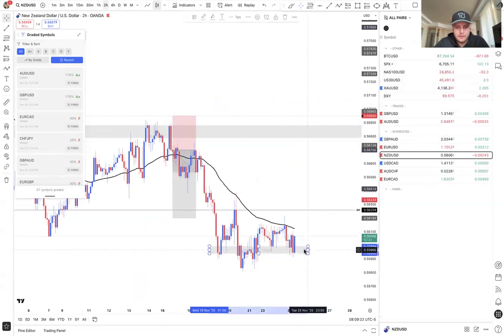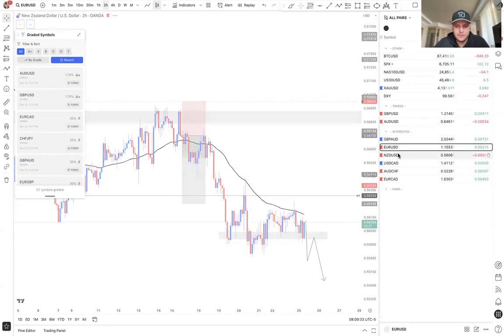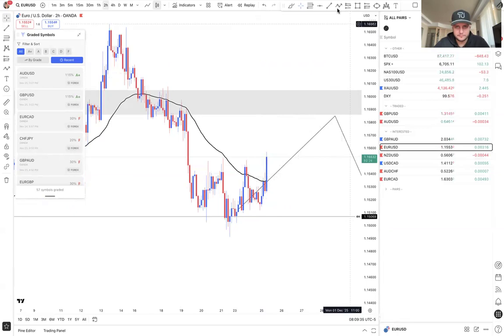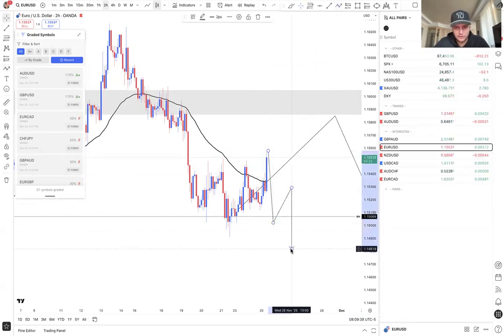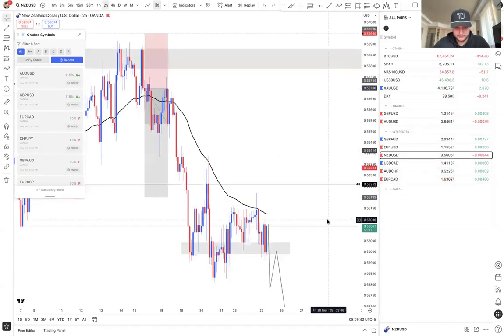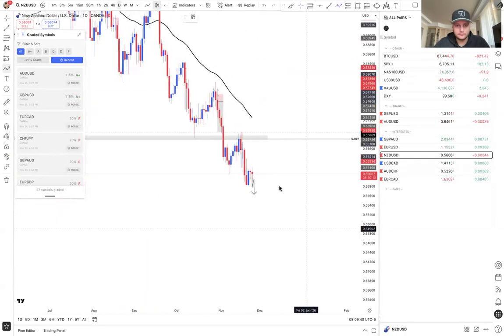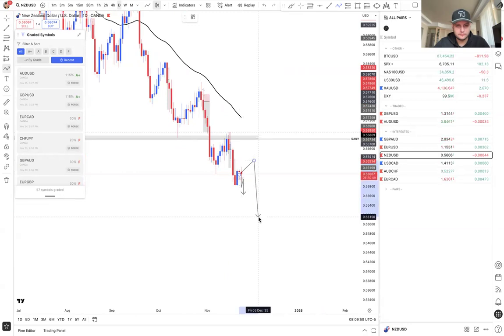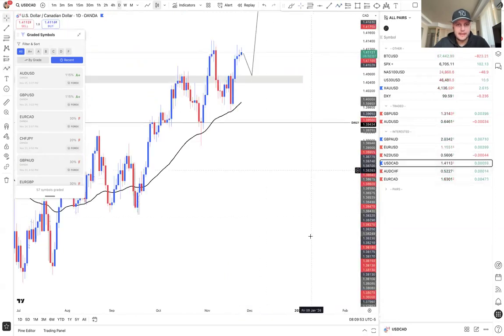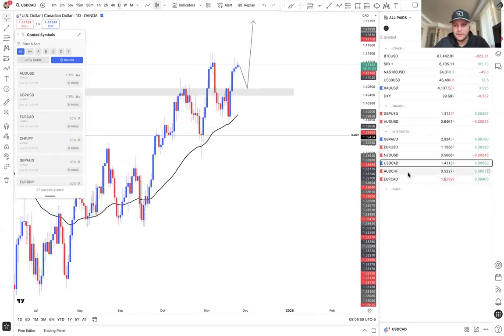Here, same thing, inverted head and shoulders. But for this one, it would be more so of a break and retest underneath the lower time frame EMA to sell. I guess you could say that for any of these, really. It would be a break and retest underneath the lower time frame or a daily pullback. So it's one or the other. USD CAD might actually get the daily pullback into the area of interest, which would be nice to see.